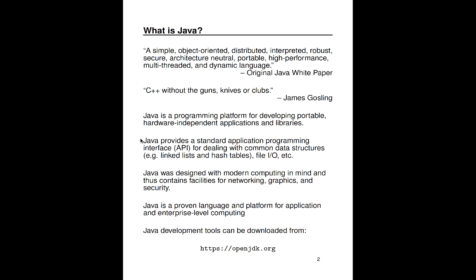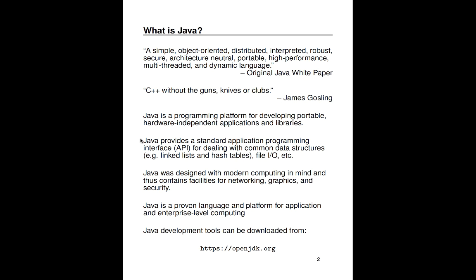If you've worked with C++ or a low-level language like C, you know that while there's a lot of power in these languages, there's also a lot of things you can get wrong and really shoot yourself in the foot. Java attempts to address a lot of those concerns by providing a safe and secure environment for developing code. Additionally, Java gives you a platform for developing code that is portable and independent of the hardware that it runs on. A large part of the power behind the Java platform is the APIs, the application programming interfaces, that give